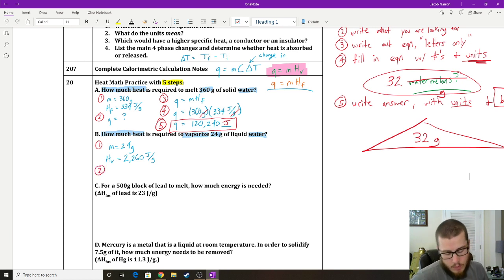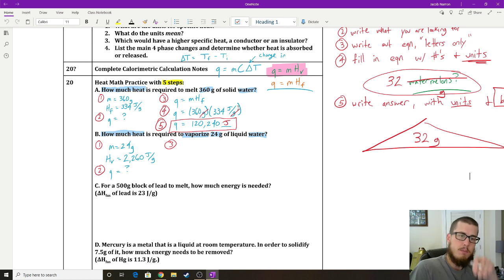Remember, step number 2, what are we looking for? Well, how much heat? It says how much heat. Remember, heat is represented with a Q, which means quantity. So we're looking for quantity of heat, just like before. So you may be thinking, well, then I'm using the same equation. Not quite, because instead of HF, now we have HV. So it is a little bit different, but it's very similar. So I'll go ahead and write it out. So Q equals